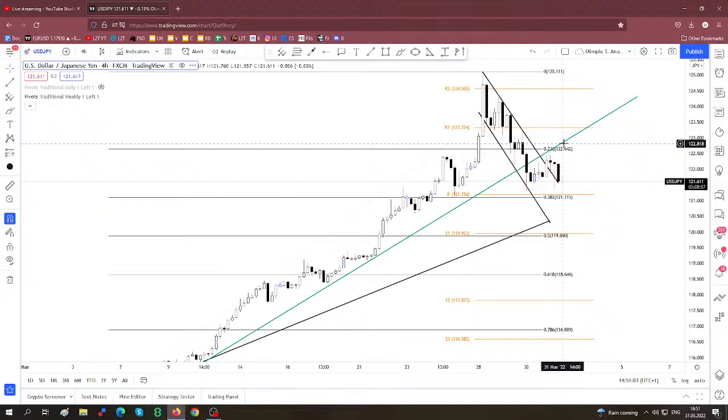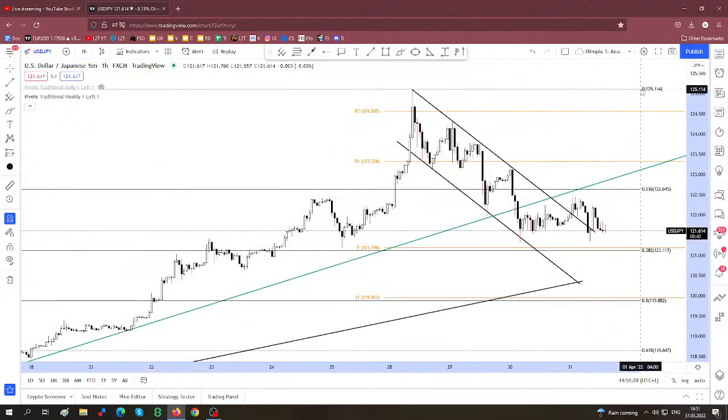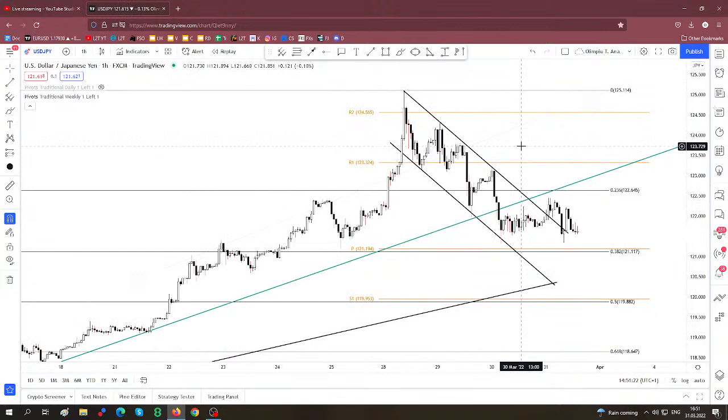But no, right now I'm not long, and I will stay away. I don't have a high probability trade right now here in US dollar, Japanese yen. Maybe in the short term, sideways movement, test, retest, false breakdowns could signal something, but no, right now I will